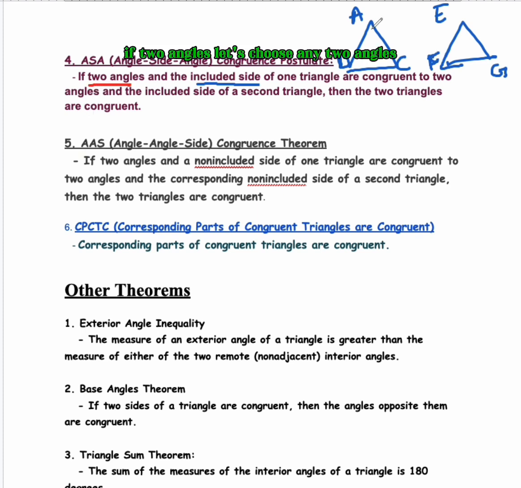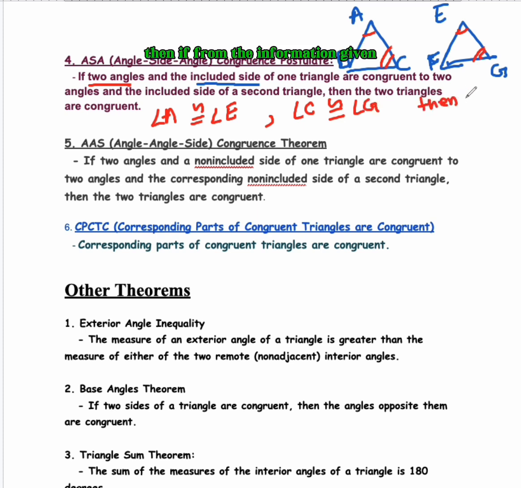If two angles, let's choose any two angles. I'm going to choose A and C. So then the corresponding angles would be E and G. So if angle A is congruent to angle E, angle C is congruent to angle G, then if from the information given we can figure it out, or it